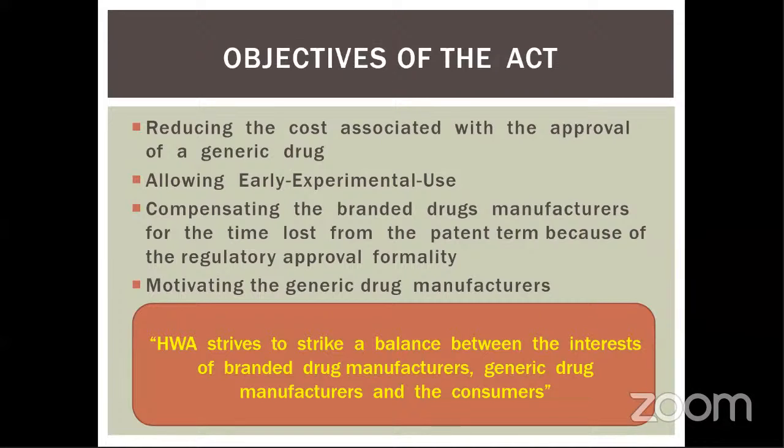That means USFDA or MHRA, or TGA. So after getting approval only, you will be able to prepare the dosage form. So this Hatch-Waxman Act, the main objective is reducing the cost which is associated with the approval for a generic drug,